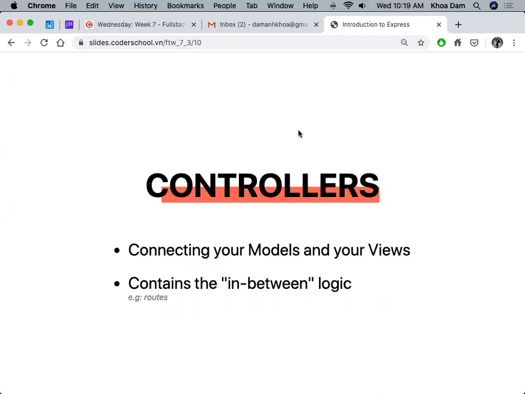And controllers, something in the middle, we connect the views with the database. And it contains in-between logic. For example, I will give an example here. If you go to Google, right? No,